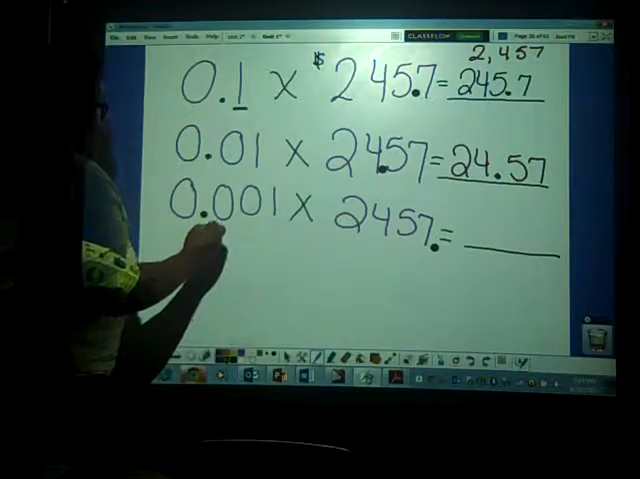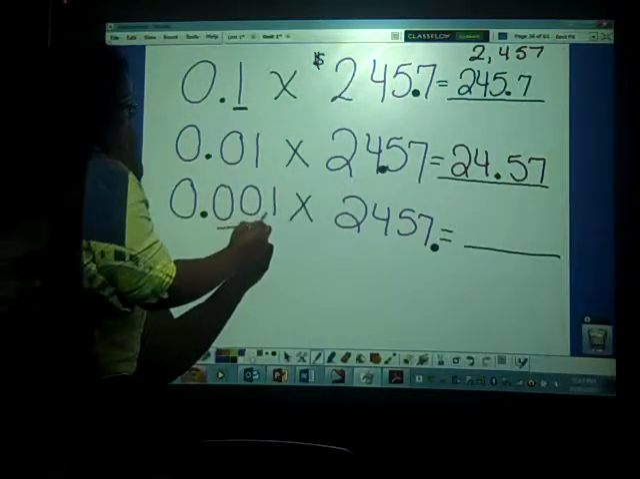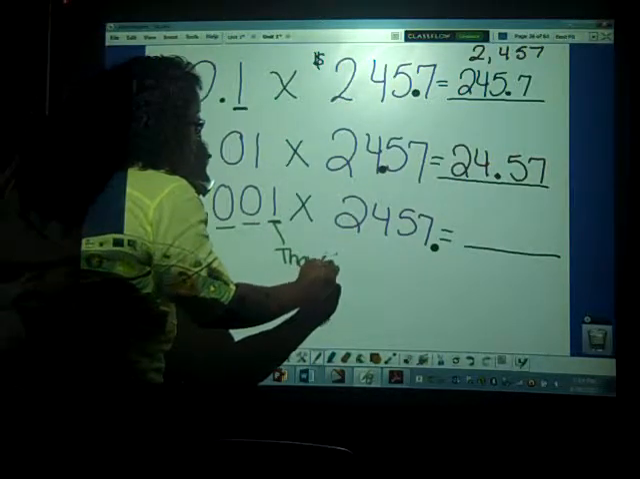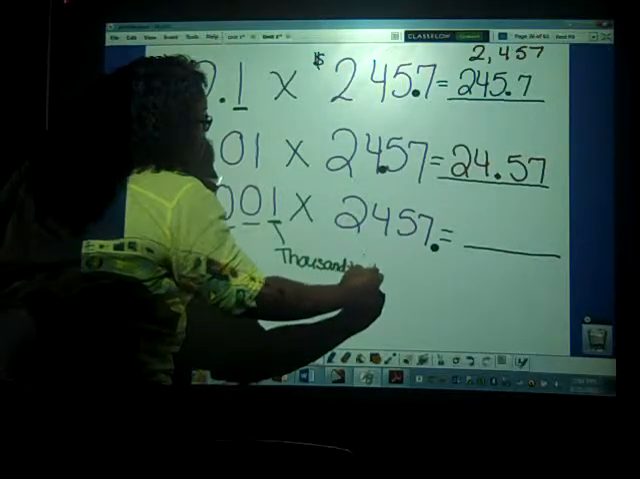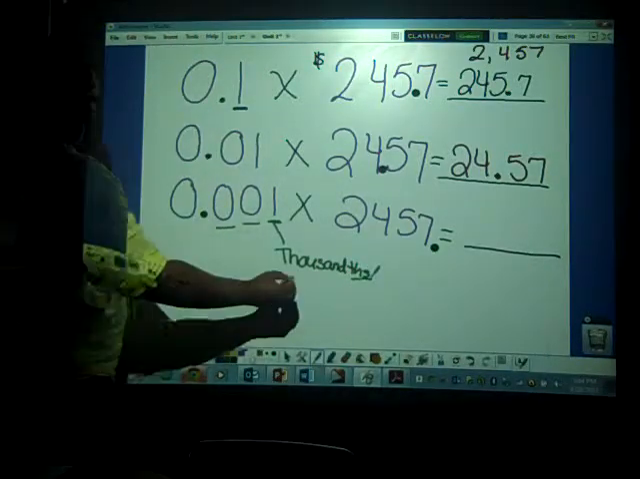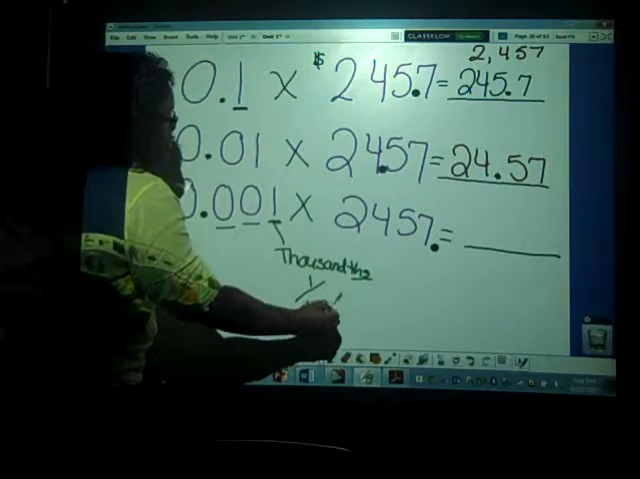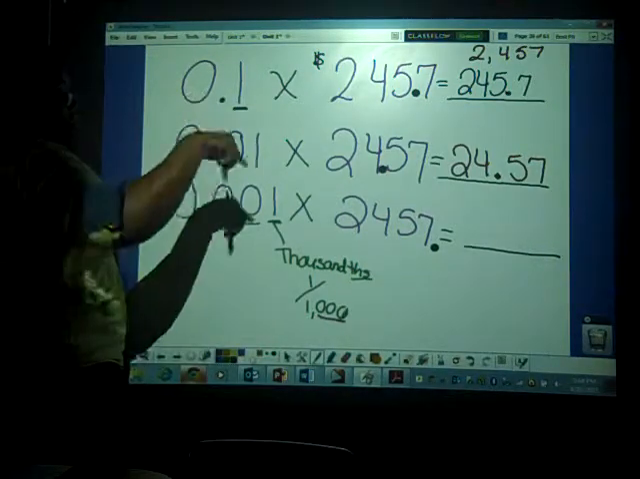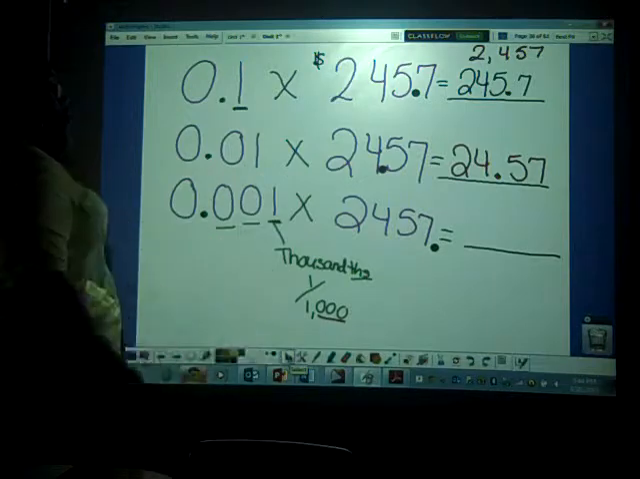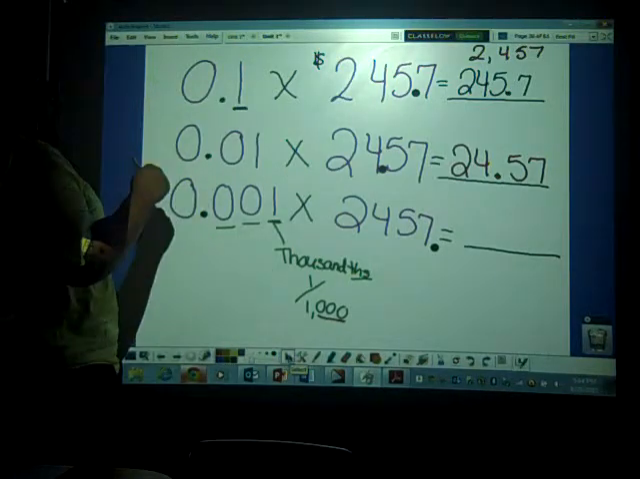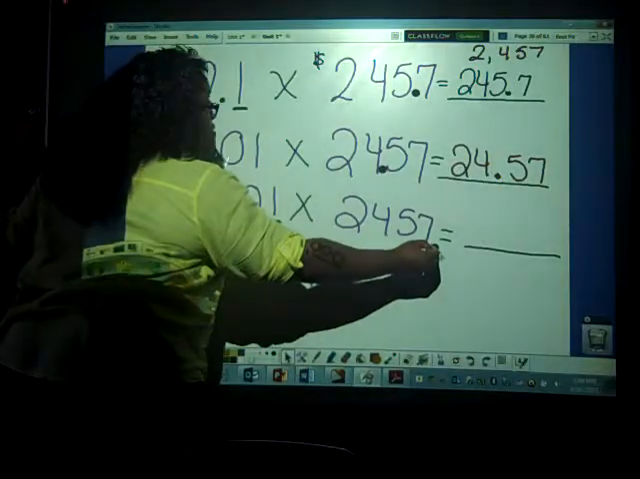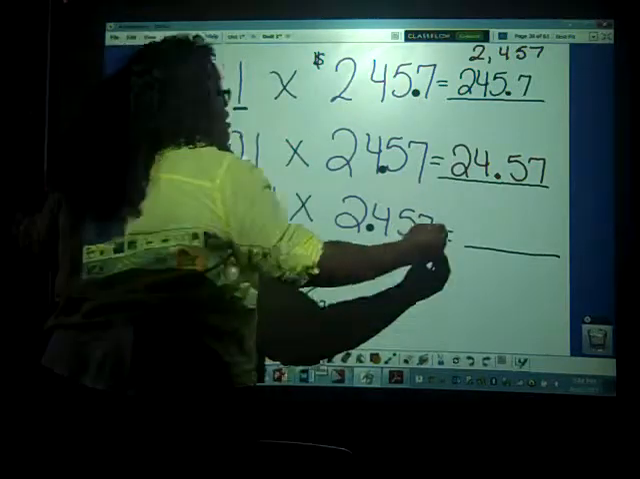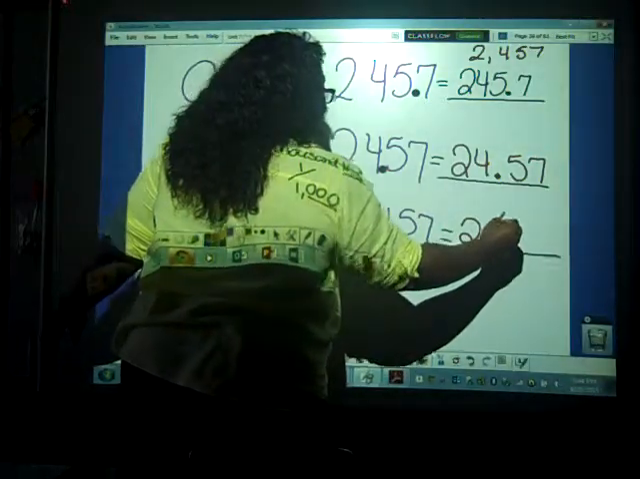Now, I have tenths, hundredths. My 1 is now in the thousandths. So as a fraction, that is 1 over 1,000. Well, how many zeros are in 1,000? 3. So how many places to the left are you going to move your decimal point? 3. 1, 2, 3. So now my new value is 2 and